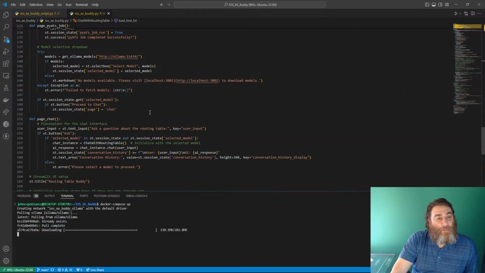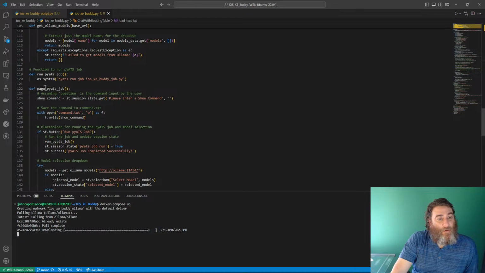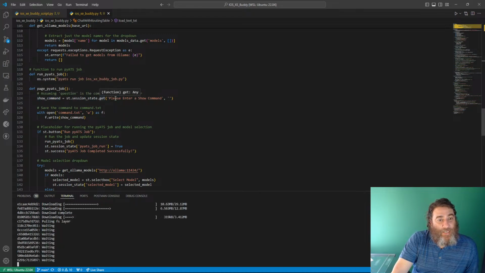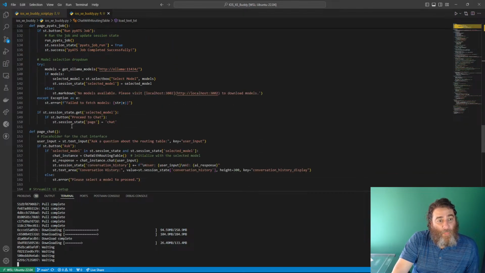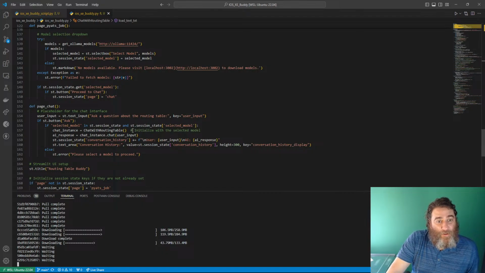I'm a little concerned about my front end, so let's check here. We load the PyTest job. A session state get, please enter show command. They enter a show command, and then we write that show command. We have a button to run the PyTest job where they run the PyTest job. Then we can get the model, and then we proceed to actually chatting with